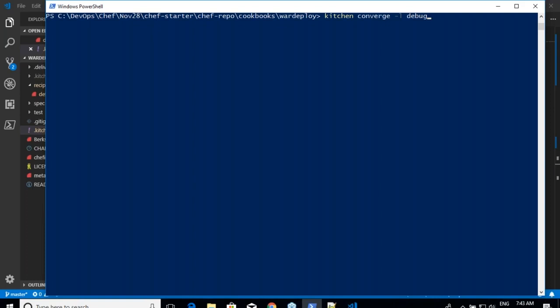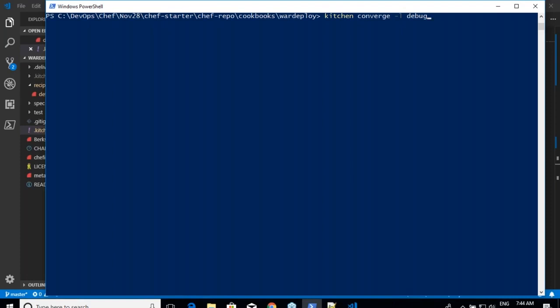And if you use -l debug, you will get a detailed level of logs. If you don't use that, you will be getting only info and error logs. Debug is more on the elaborate side of things. Whenever you're running in the office, there is no need for you to run debug. You will just run it on info. But whenever you come across errors, you need to go with debug mode, because that is where you will get more descriptive errors.